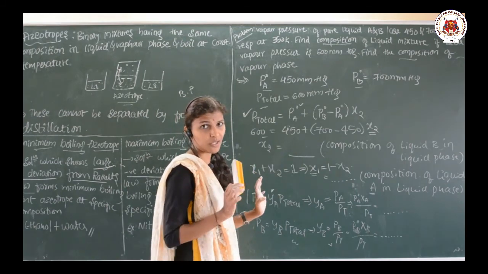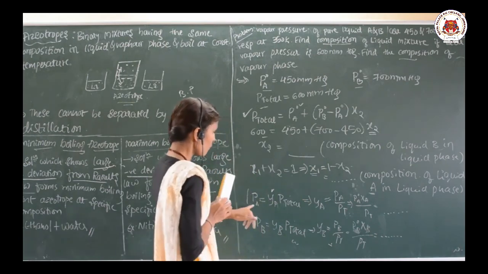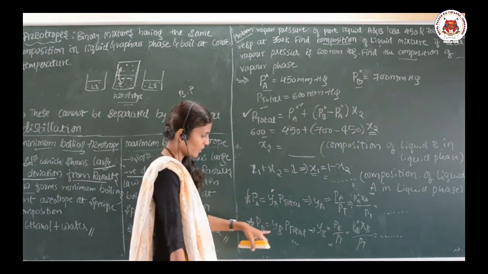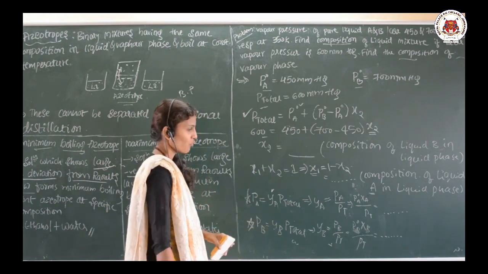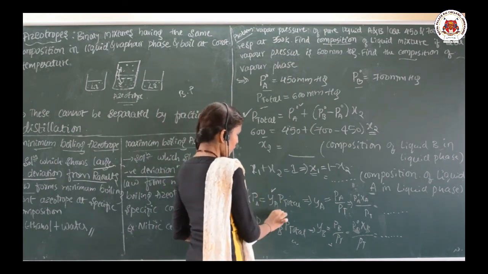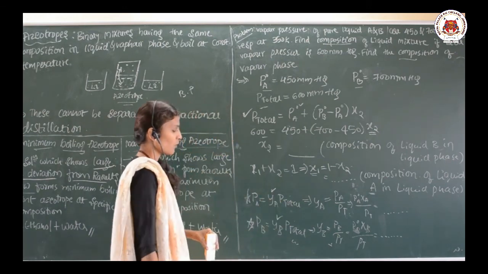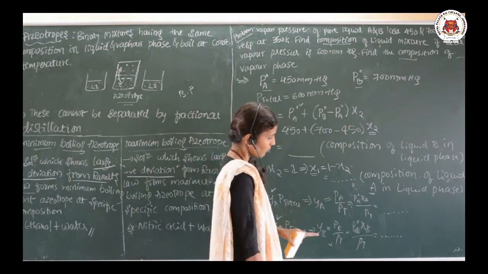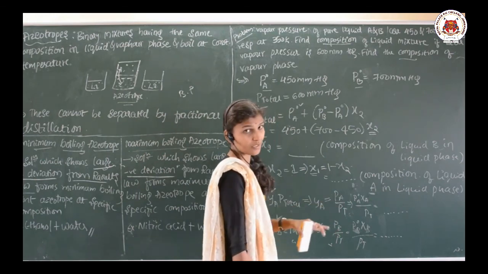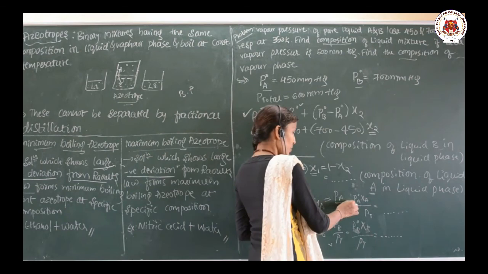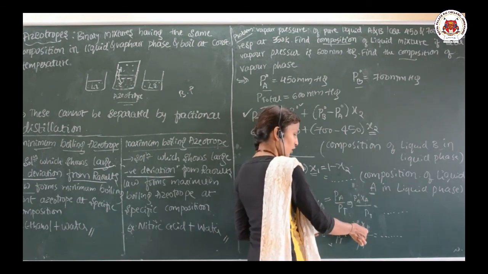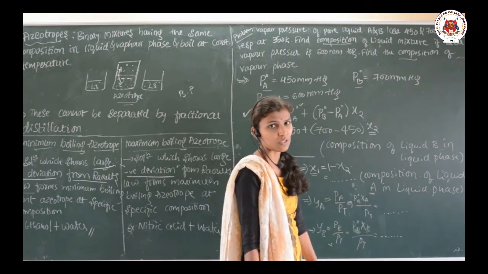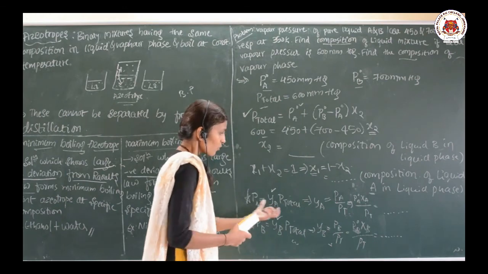But I need to calculate the composition in the vapor phase. So we have the formula PA is equals to YA into P total and PB is equals to YB into P total. So finally I need to find out YA and YB, which are the composition of the liquid A and B in the vapor phase. Separate out the YA and YB terms, you are going to get this one. Here PA and PB are not directly given, but we know the relationship, this can be converted into PA naught into XA, PB naught into XB, because we know the values of these. Substitute all the values and calculate, you are going to get YA and YB.